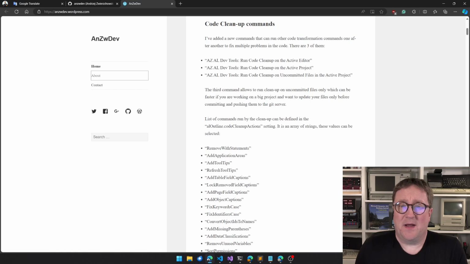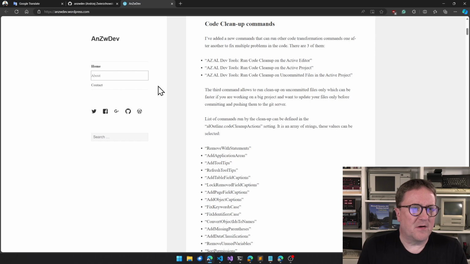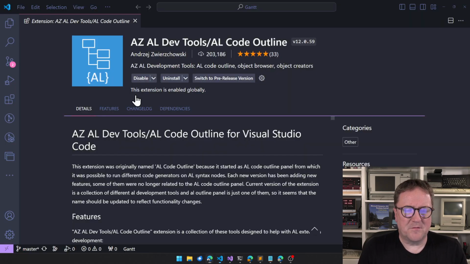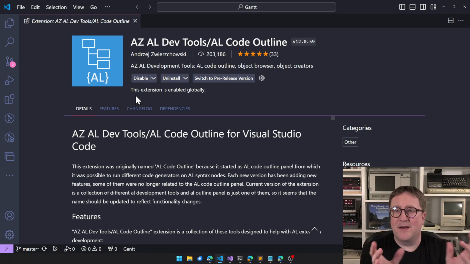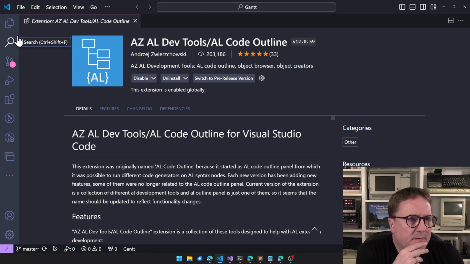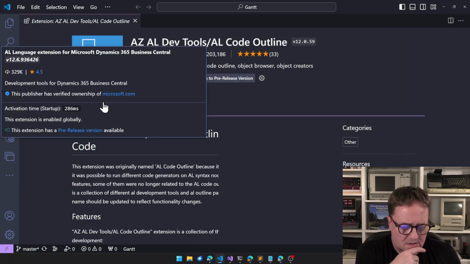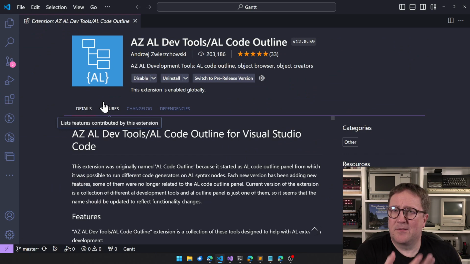Code cleanup commands, and maybe that's actually the wrong place to start. Let's go back into VS Code for a second. When you have an extension to VS Code like this, you find it in the extension bar, and then there's information. Here's a trick.